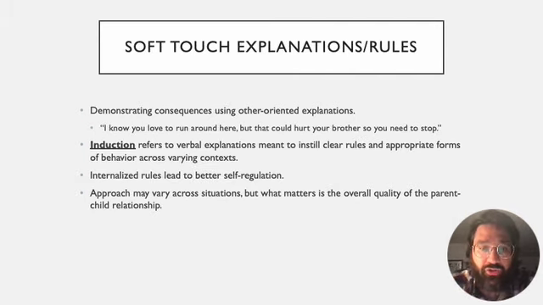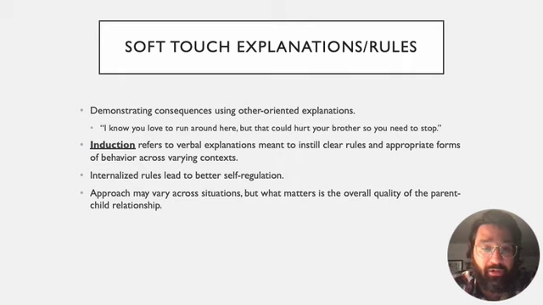So the soft touch, explanations and rules are an important part of the warmth dimension. Again, we're setting limits, but we're doing so in a warm way. We're demonstrating consequences using other-oriented explanations. Look, I know you love to run around here, but that could hurt your brother, so you need to stop now. That would be an example of how to set a firm edge,